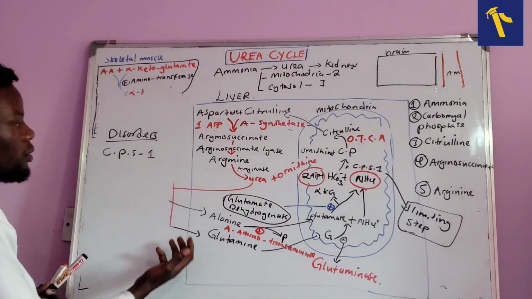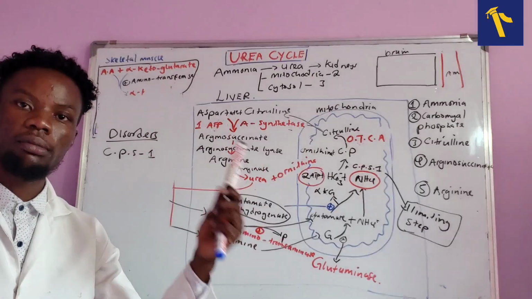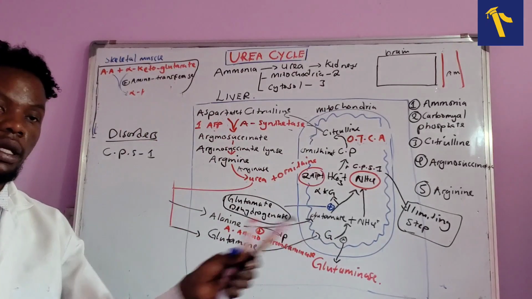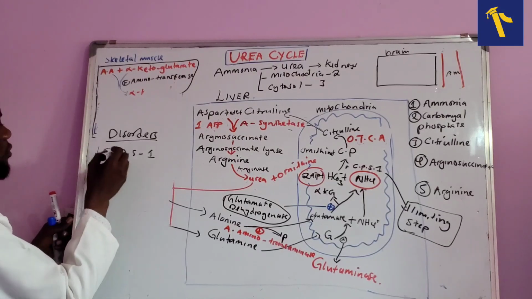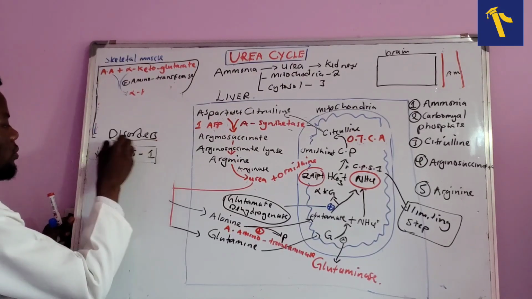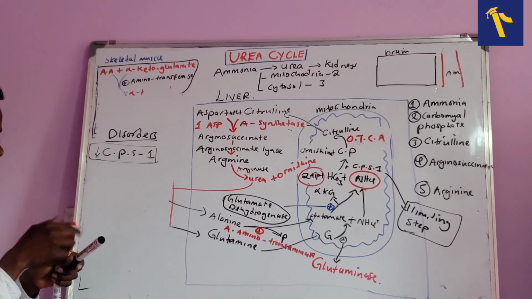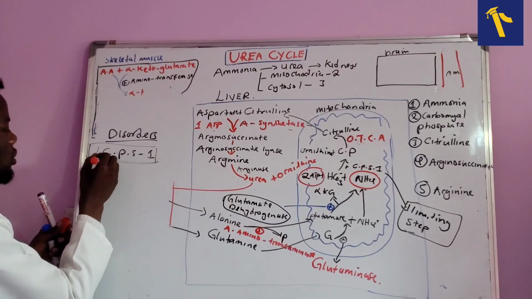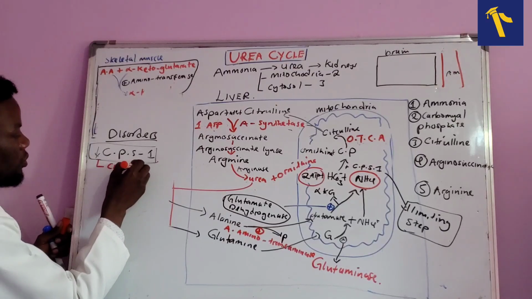The buildup of ammonia in the blood vessel, causing cerebral edema, coma, and death. So the first disorder is the deficiency of this enzyme, and we're saying this can lead to what we call cerebral edema,